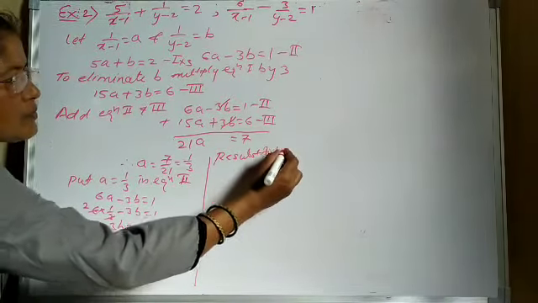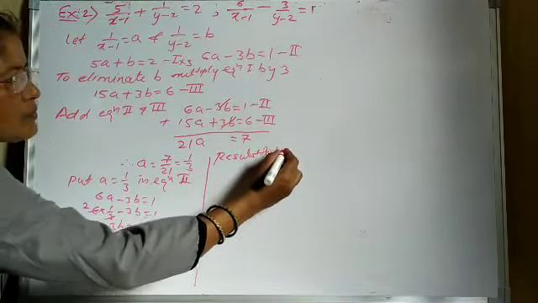Similarly on this side, b's value: 1 upon y minus 2 is equal to 1 by 3. The two numerators are the same, so compare denominators. So y minus 2 is equal to 3. So y is equal to 3 plus 2, y is equal to 5. Therefore x is equal to 4 and y is equal to 5 is the solution of the given equation. So like this you can solve this type of question by changing the variables to other variables, or fraction form you can convert into one variable and solve further.